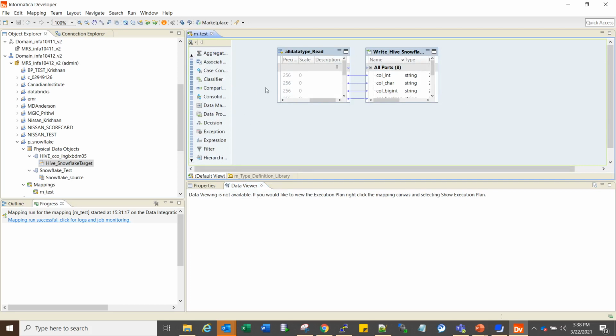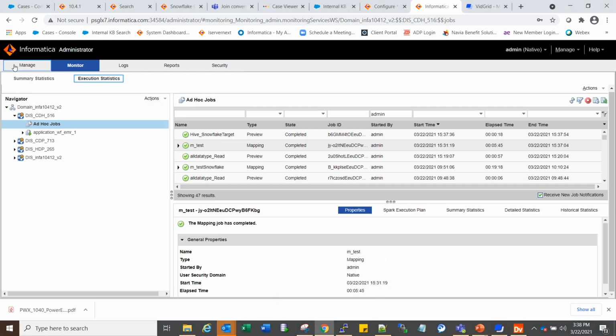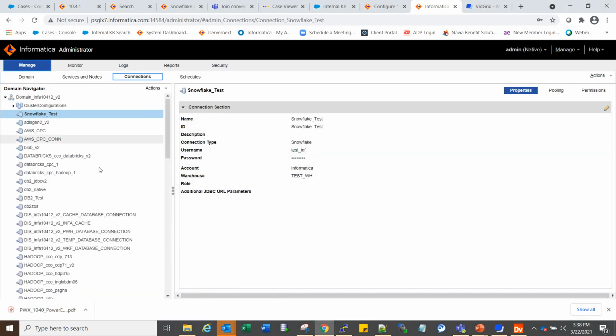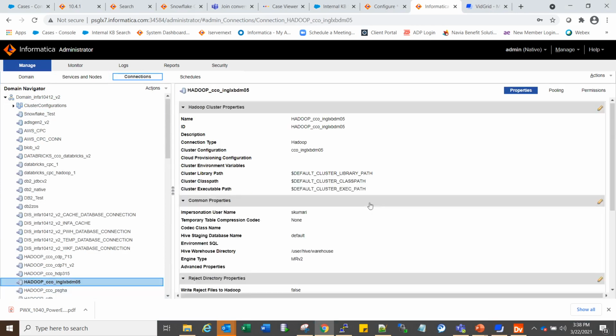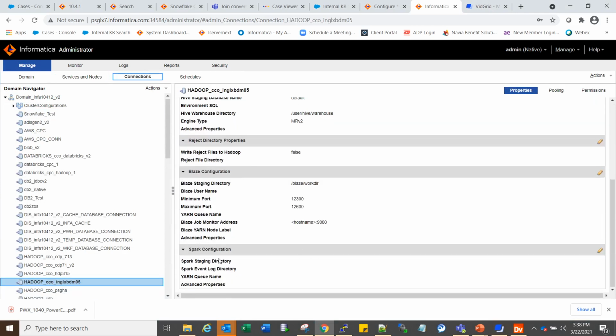Again, you can try running the mapping where the Snowflake object is a lookup or a target. And here the main thing that we have to make sure that we have provided correctly is when we run the mapping in Spark pushdown. So we have to provide permissions to the Spark staging directory that we will be specifying here.